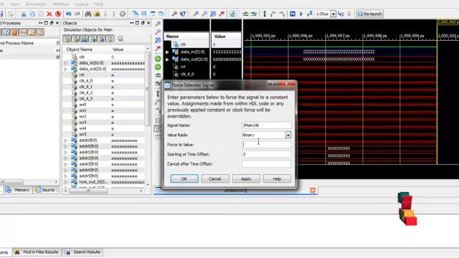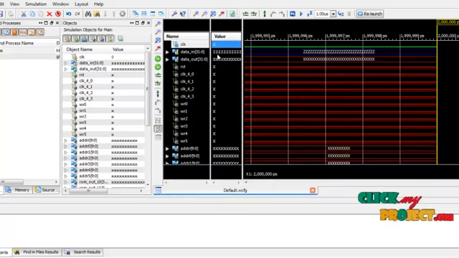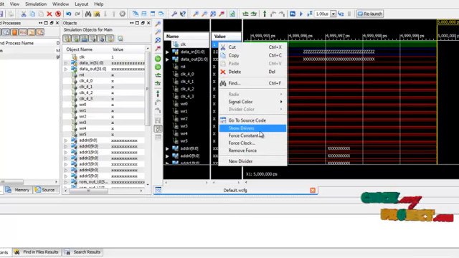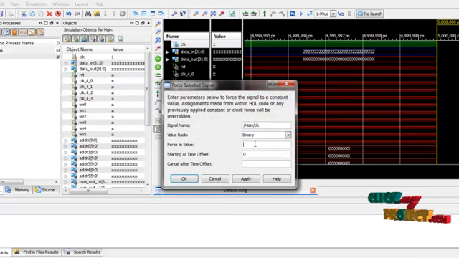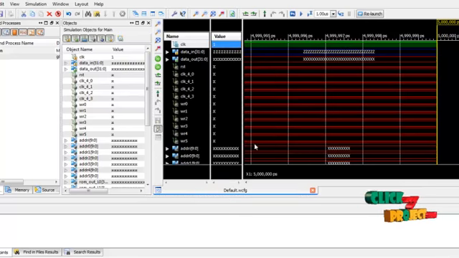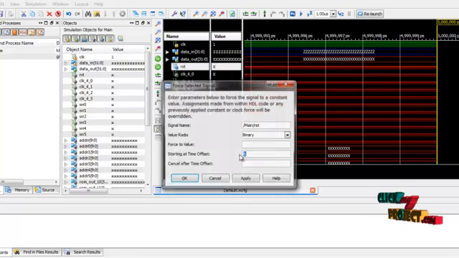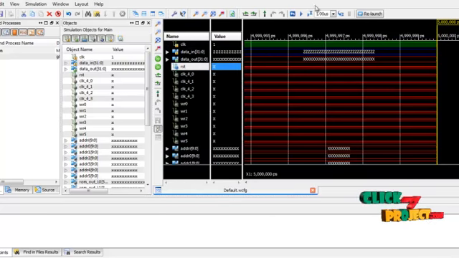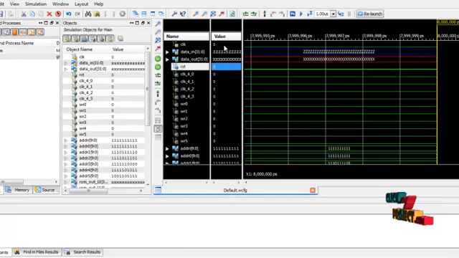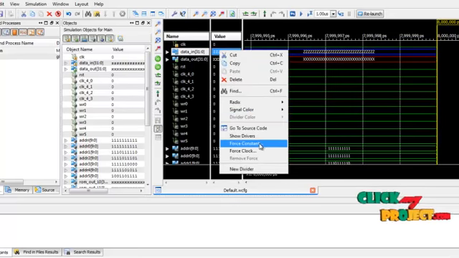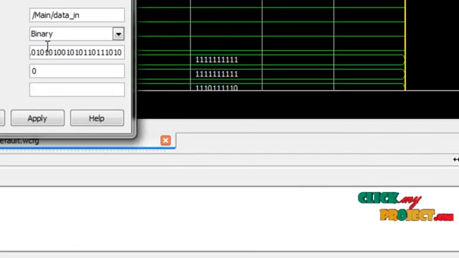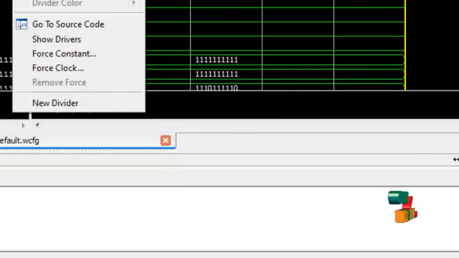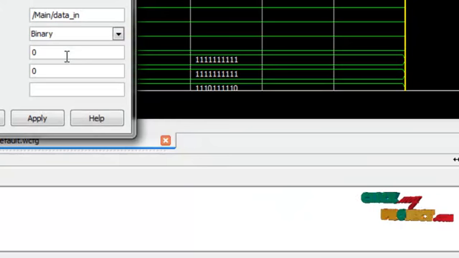Now again we change the clock value, set it to 1, and run it. Then again we change our input signals and set the reset value to 0 and run our program. Then give the input values. Give the input value up to 32 bits